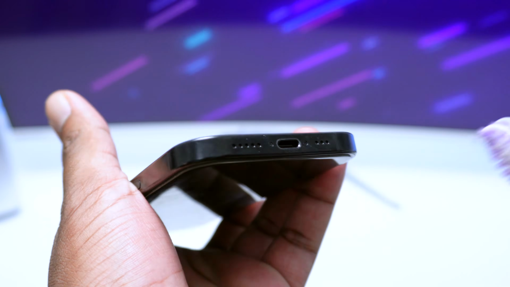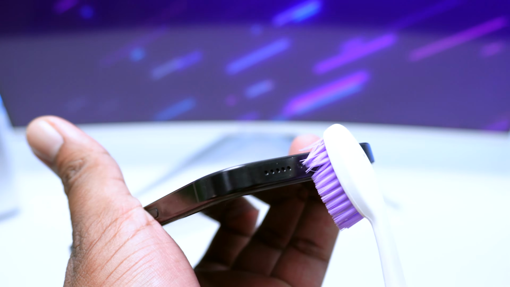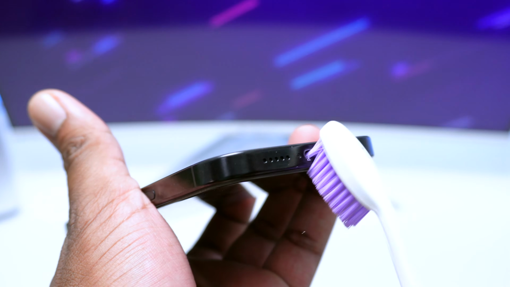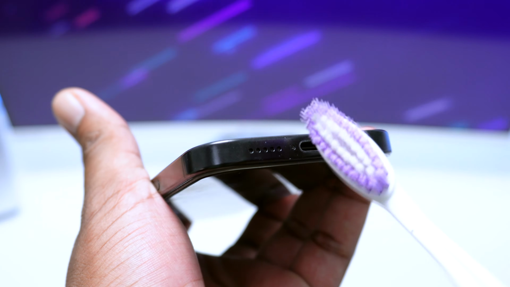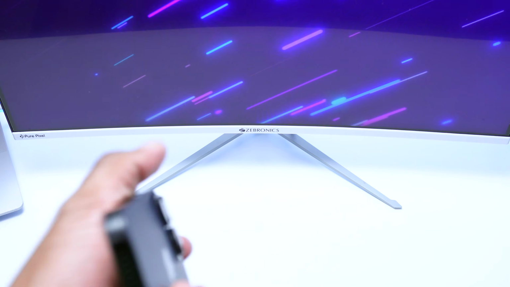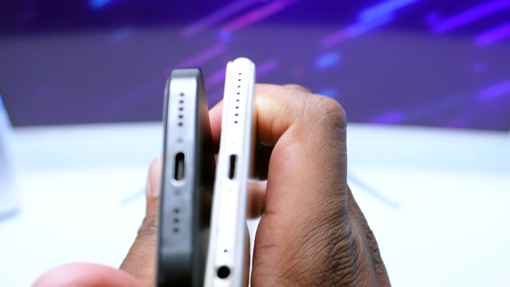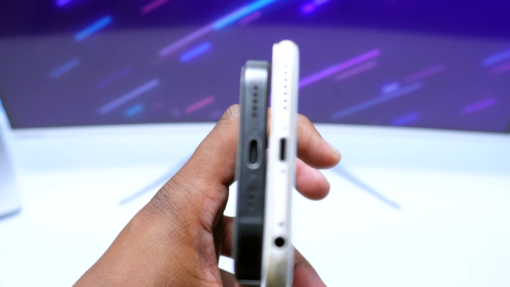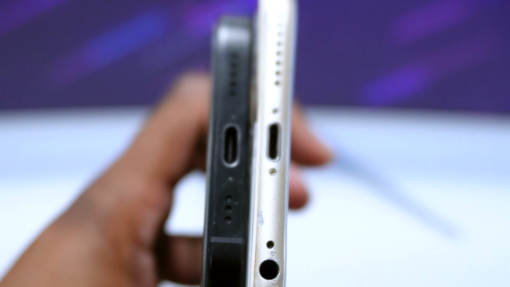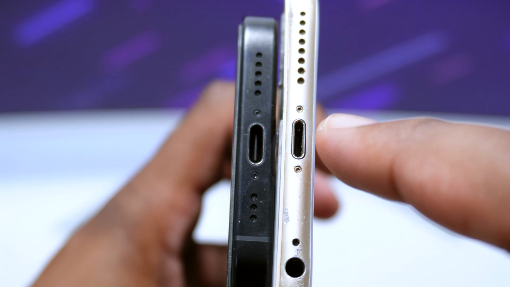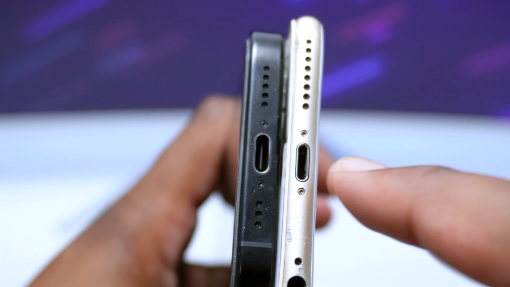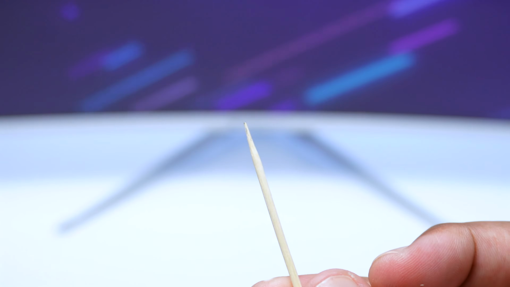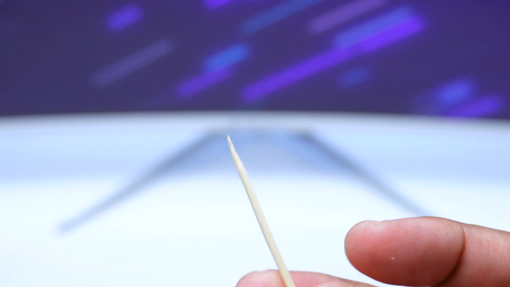Flip it the other way after 5 minutes and then perform the same thing. Insert it and bring it out in order to remove as much dust and lint as you can from your charging port. Now, if you do have, for example, an iPhone which doesn't have the Type-C port, which comes with a lightning connector in here, such as an iPhone 6 or 7, for example, or X, all the way to iPhone 14, just like this one, for example, on the right, okay, we do have an iPhone here with only the lightning connector. In that case, you're gonna need a toothpick,